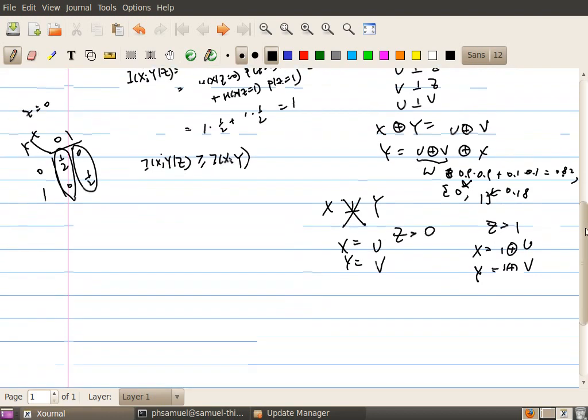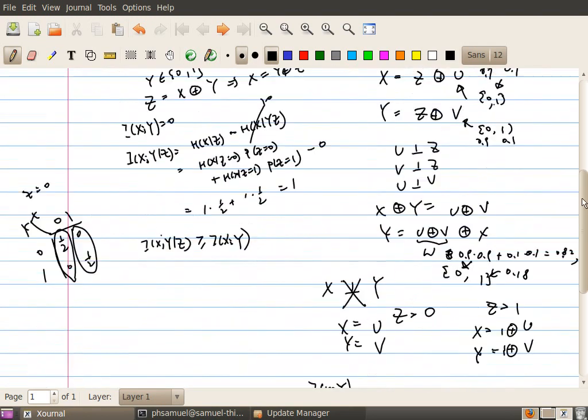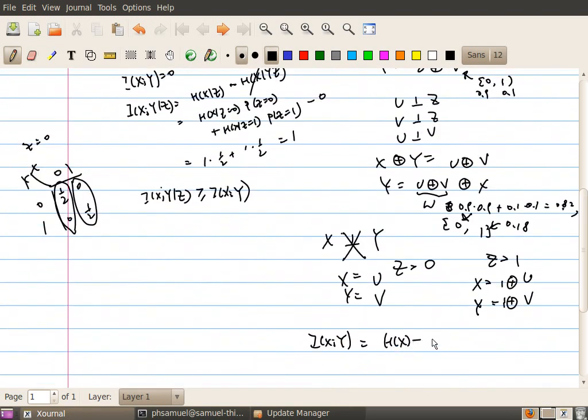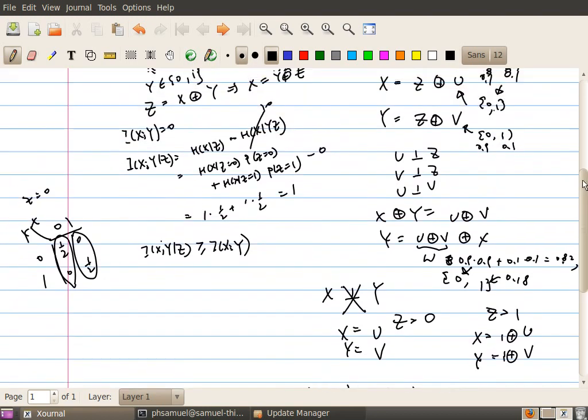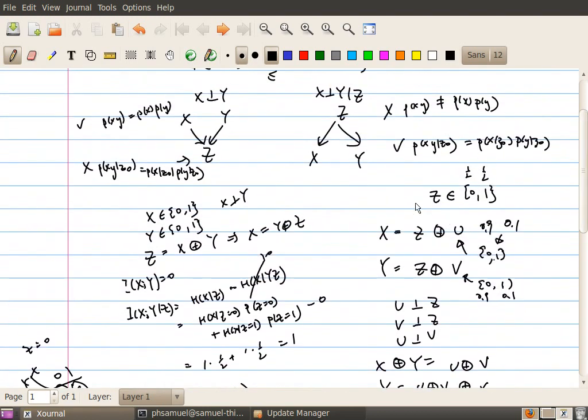Of course, I can verify that. Let's verify that by computing the mutual information and the conditional mutual information. So let's see what is I(X;Y). I(X;Y) is basically, in this case, H(Y) minus H(Y given X), and H(Y given X) we see is equal to H(W). So I(X;Y) is equal to H(Y) minus H(W). And I know that by the setup here, the probability of y